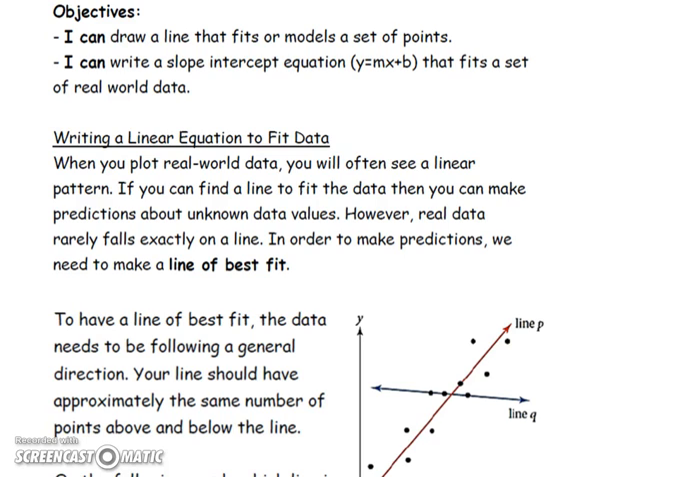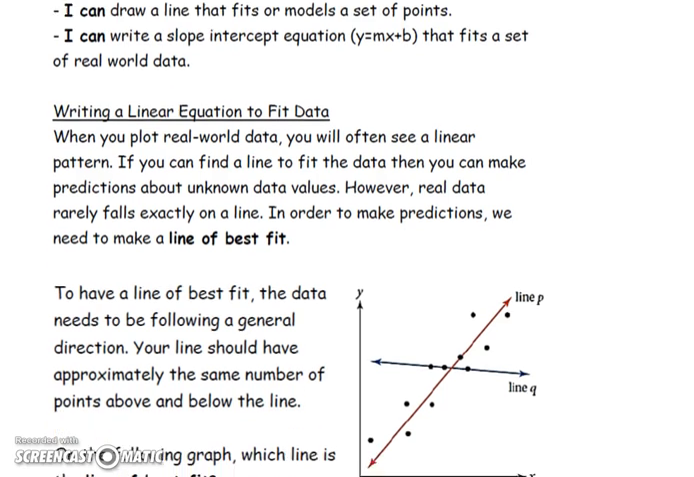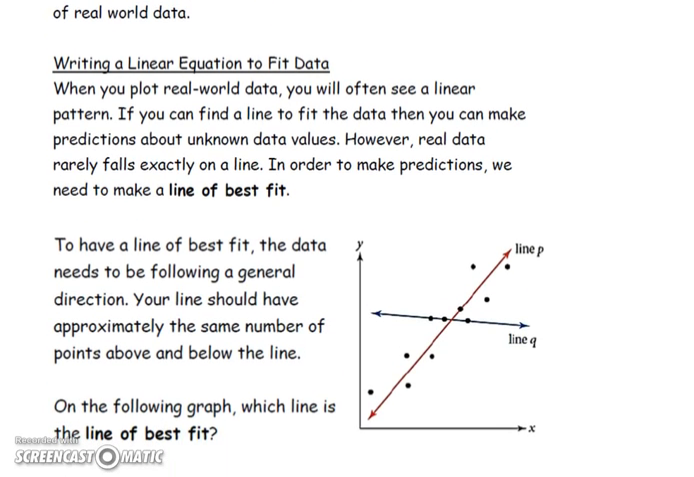When you plot real data, it's not going to be perfect. It's not going to fit an exact straight line, but it will often be in a linear pattern. Based on that, you can figure out predictions based on your previous data, what's going to happen or what would happen. Now again, because it doesn't fall exactly on a line, we have to do what's called a line of